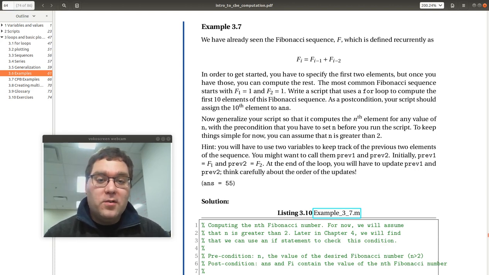So our Fibonacci sequence is written as such. The ith element of f is equal to f of i minus 1 plus f of i minus 2. So the ith element of f is equal to the sum of the previous two elements. In order to get started, you have to specify the first two elements, but once you have those, you can compute the rest. The most common Fibonacci sequence starts with f of 1 equals 1 and f of 2